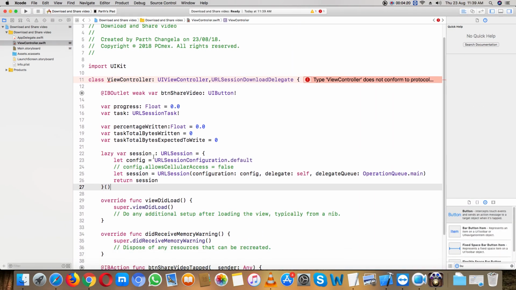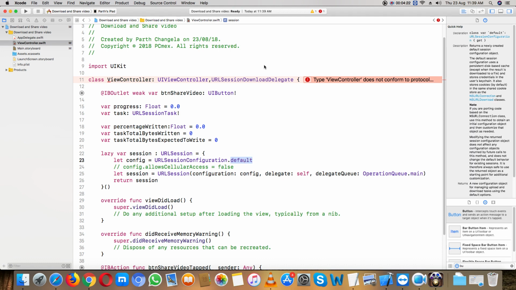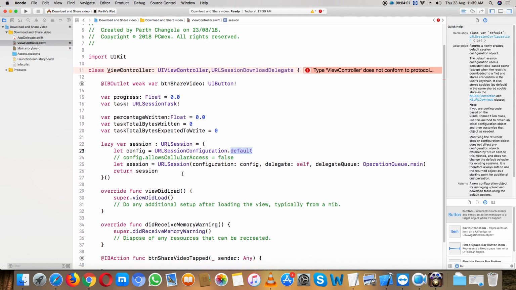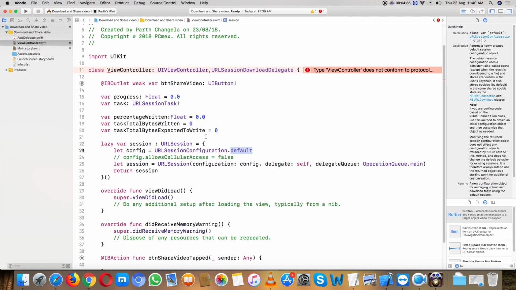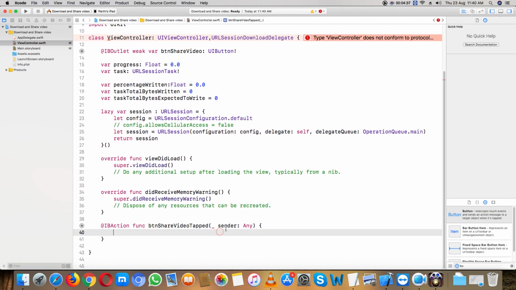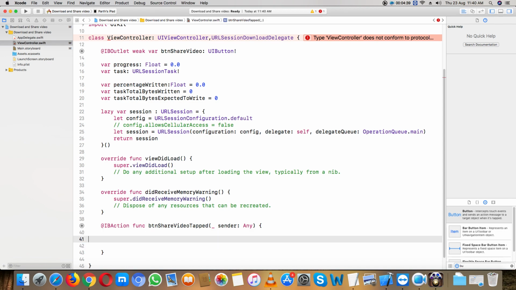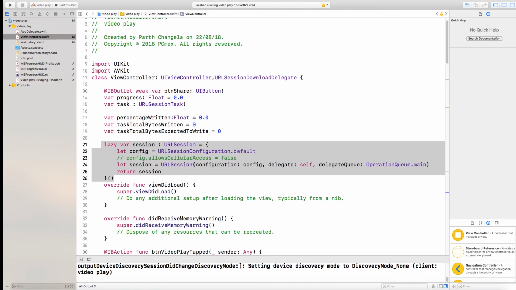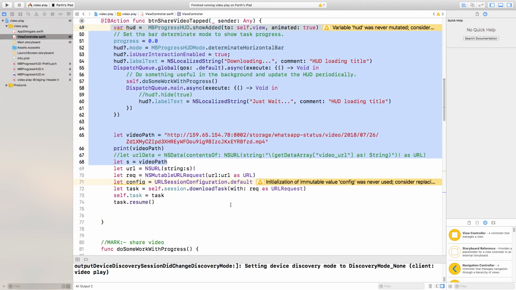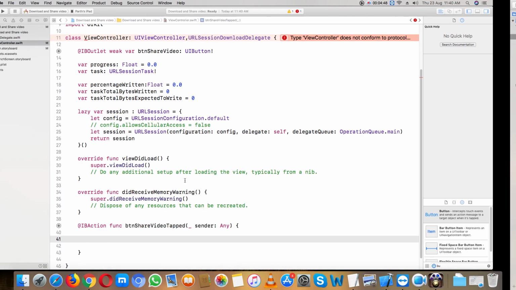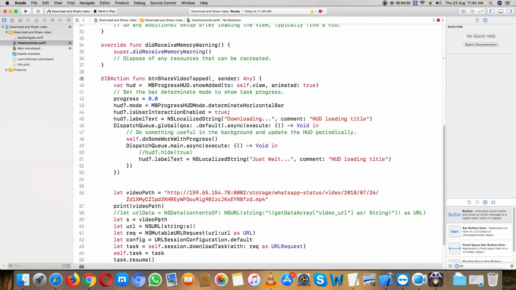See here is the configure function for the session download delegate. Now here code. Now also copy this code,